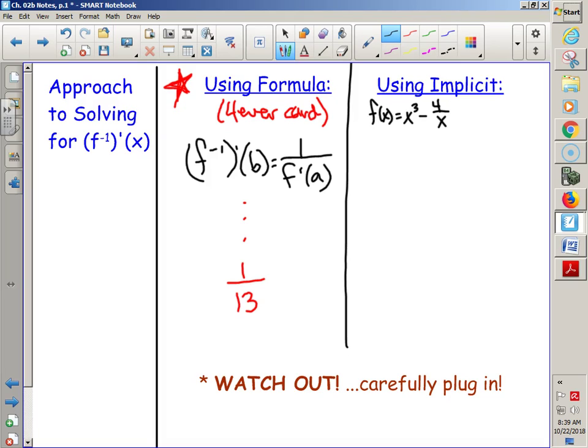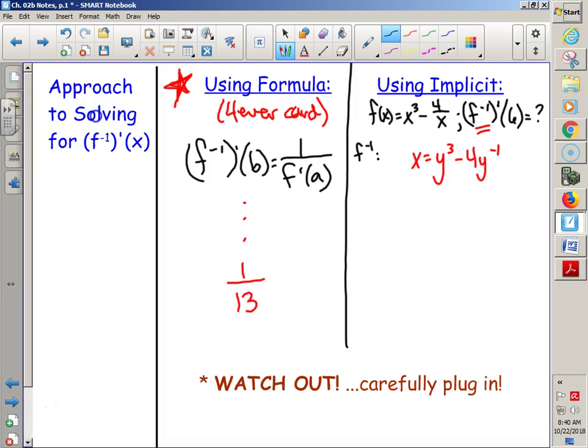And we're doing f inverse prime of 6, right? That's what you're supposed to be finding? Okay. Because of the inverse, we could have just said, hey, switch x and y. x is equal to y cubed minus 4y to the negative 1. Guess what? This is my